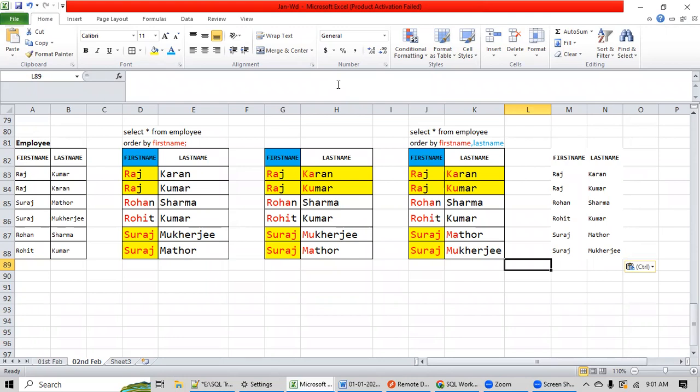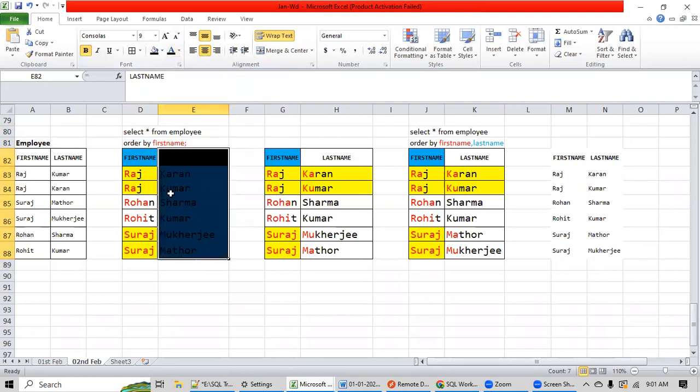When you say order by, when the first name is matching, it is taking randomly. Is it exactly random, or is it taking some internal keys like row ID or anything and sorting it? No, nothing. No idea. I have not thought about that. Very simple. If you have written only this query, order by first name, the engine will consider the first name column. It will sort based on this. It will never look into the last name. This will be like a black box for the SQL engine.